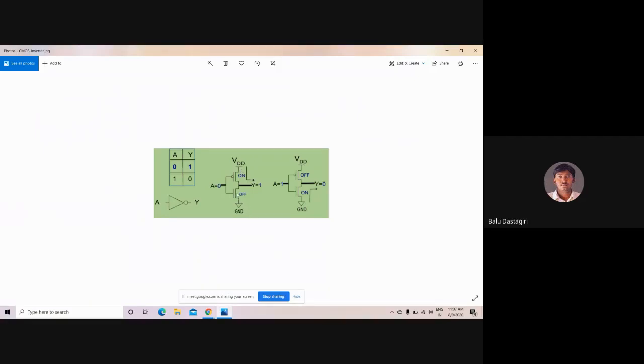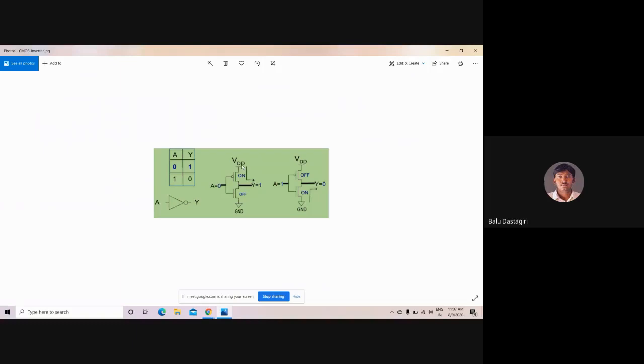As the NMOS transistor is off here, it becomes an open switch. That means there will be no connection. If a transistor becomes on, it becomes a short circuit and there is a conducting path. Now, if A is equal to 0, PMOS is on and NMOS is off. So there is a connection between VDD and output Y.